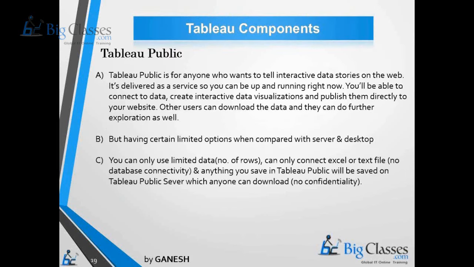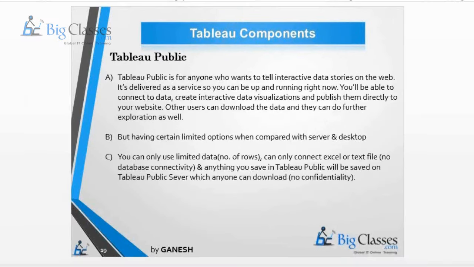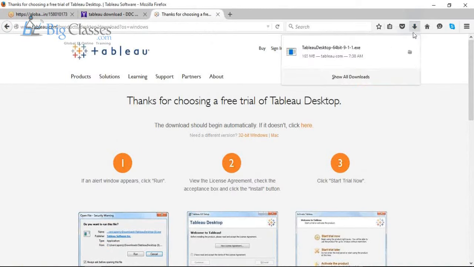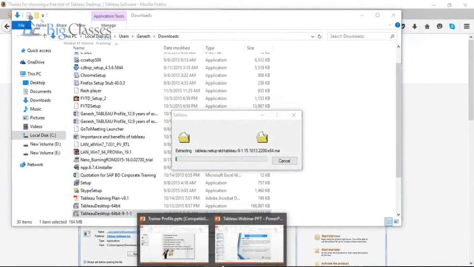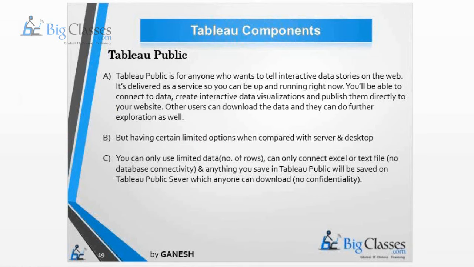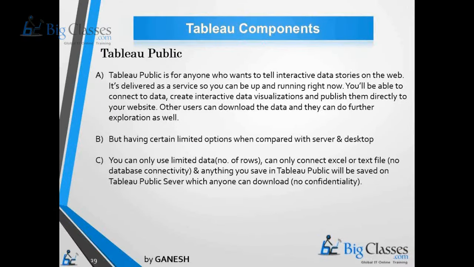Now the other one is Tableau Public. This Tableau Public is exclusively helpful in order to deal with the reports which you have generated. Let's say you have developed a dashboard and distributed it to Tableau Public, and it is for anyone who wants to interact with the dashboards generated via Tableau Desktop.